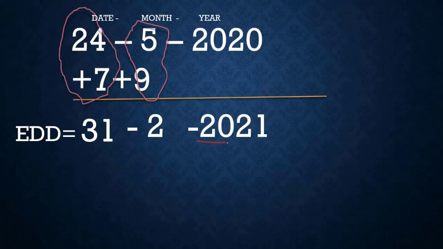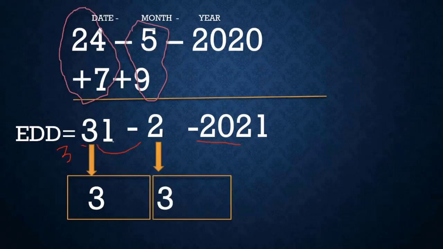As previously I have told you, February of 2021 has 28 days in it. So how will you adjust the days? After 28 February, how will you count? As February has 28 days, here 3 days are extra. So after 28 days, how will you count? 1st March, 2nd March, 3rd March. So here you will write 3rd March. So you have to add one number to February, so the month will change accordingly. These are the EDDs of the tricky LMP.